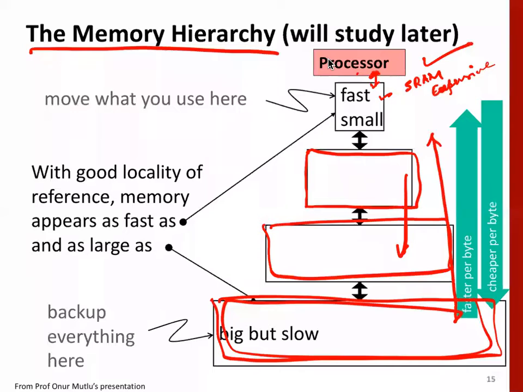Of course, there are other issues, right? Note that you are working here at nanosecond speed. There's hardly any time. Now if you have multiple of these small ones, then it may take a few nanoseconds by itself to make a decision where to route something. So when we study cache, we will see how to fine tune this such that the hit ratio is very high. So what you are asking is actually a design issue, right? Can a processor access multiple parallel cache memories which are very fast? I have not seen any design so far.